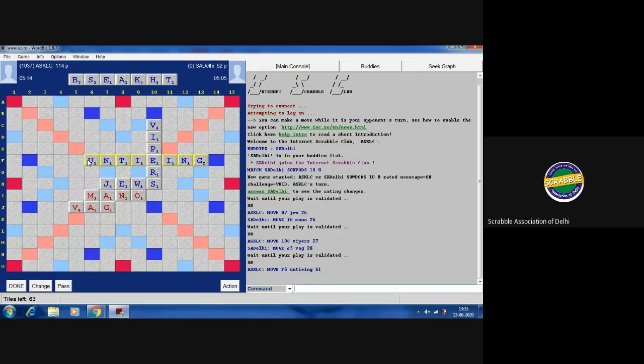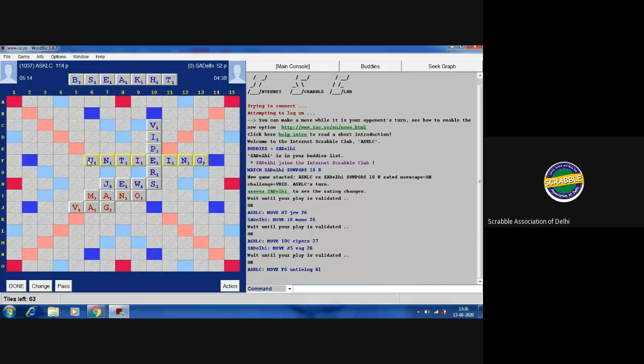Somebody was saying that you have a placement below WO. I'm not sure how you have uniting below WO. WOU is not a valid word as per mine. WOUS, no, it's not a valid word. So it would not have gone over there. So this is how you go about identifying the bingos.